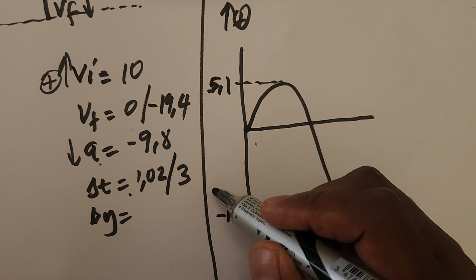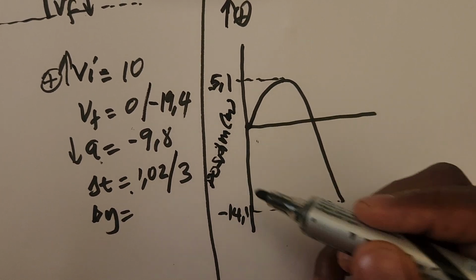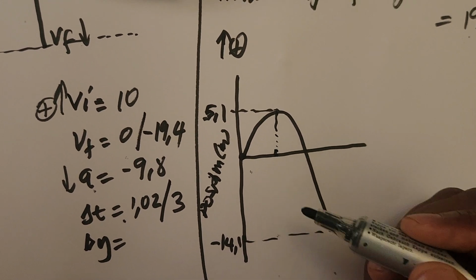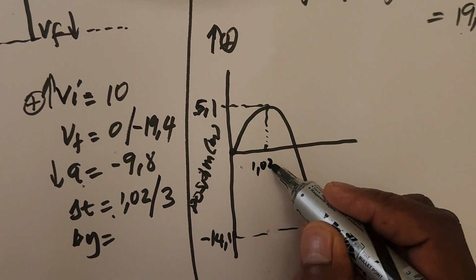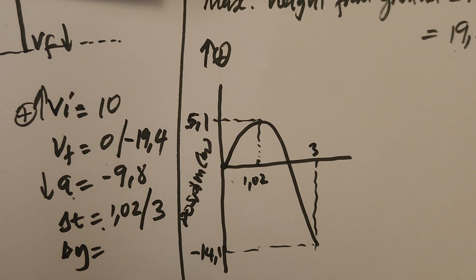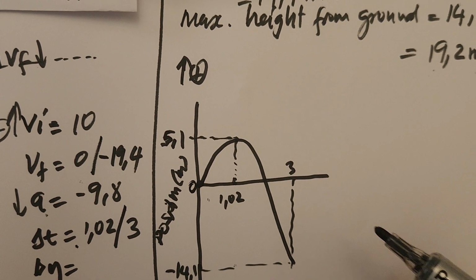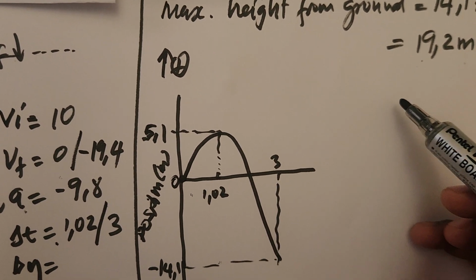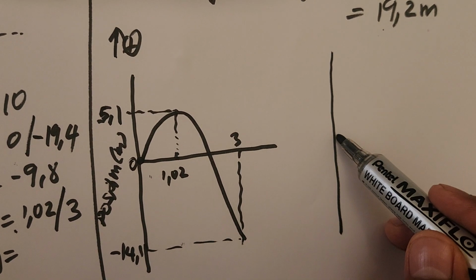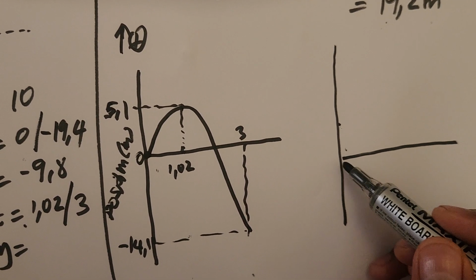This will be position in meters. Now the time it takes to reach the maximum height, that one is 1.02, and the time it takes to reach the ground is 3 seconds. That is the first option, where we take the height of the cliff as the position 0 and 0, and upward is positive. Now let's say you take downward as positive. The graph will be almost the same, but now we start